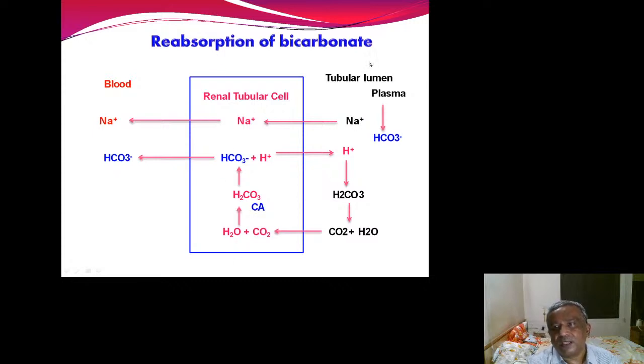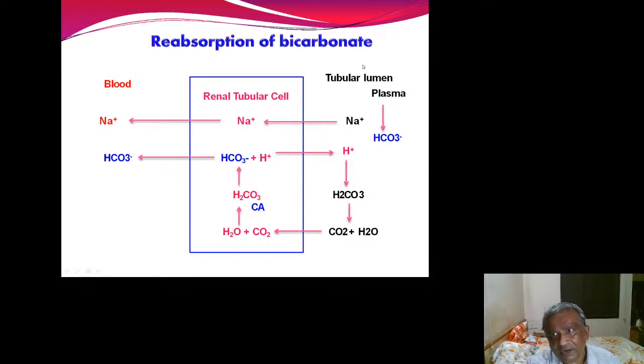So if we see this whole process in a simple figure, H2O plus CO2 in the renal tubular cell, in the presence of the carbonic anhydrase, is converted to H2CO3. Now in the tubular lumen, what happens? Whenever the bicarb enters inside, there is a hydrogen ion which comes out from the renal tubular cell. These two combine to form the H2CO3. This H2CO3 is again converted into CO2 and H2O. This CO2 enters the tubular cell by the concentration gradient, combines with the H2O to form the H2CO3 in the presence of carbonic anhydrase. This is again dissociated into H plus and HCO3 minus.